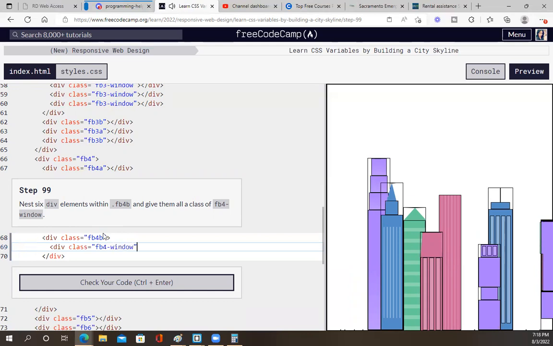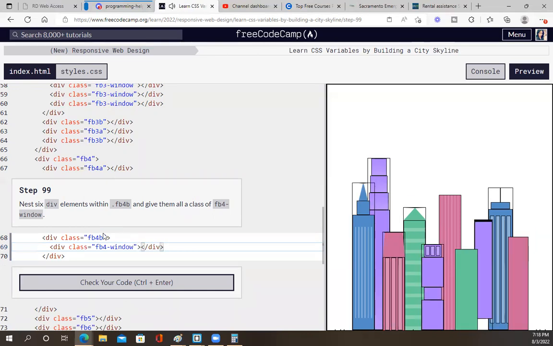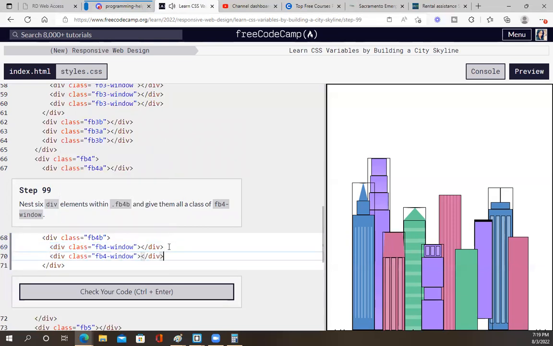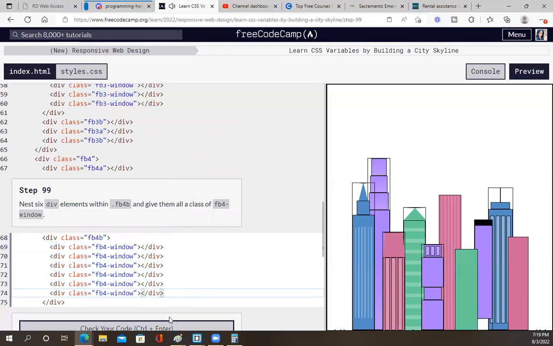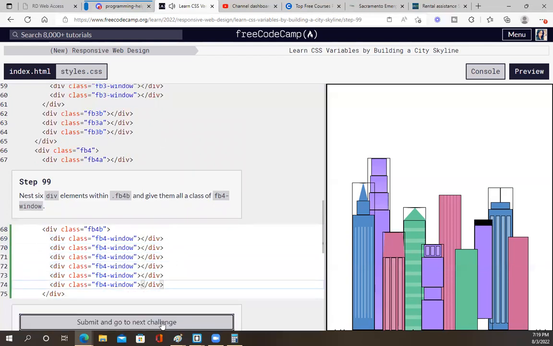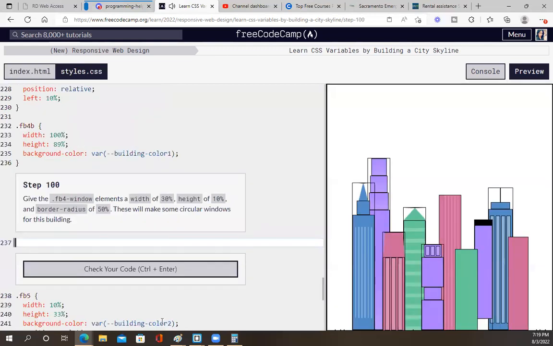Six windows, huh? One, count with me, you guys. 2, 3, 4, 5, 6. Give the FB4 window elements